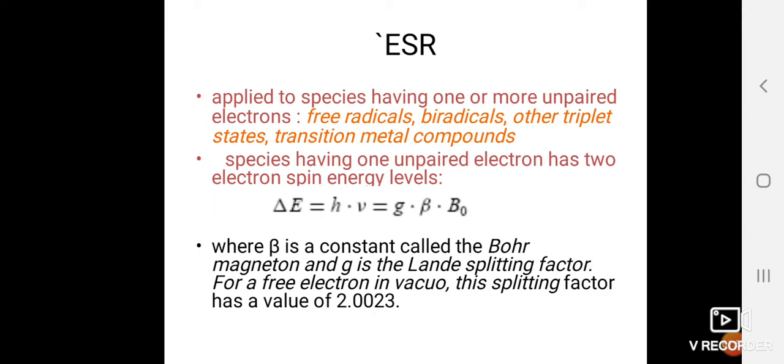And when they are kept under an external magnetic field, they are going to have their own alignment and misalignment. And electron magnetic resonance is going to be seen whenever an absorption of microwave takes